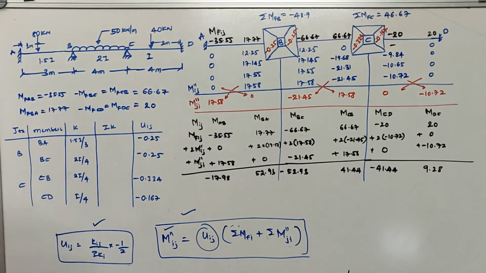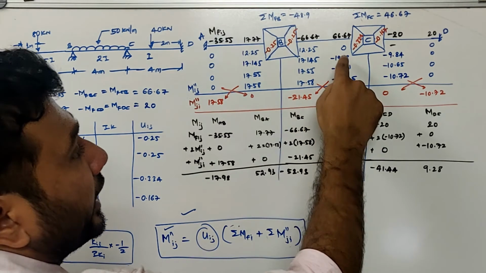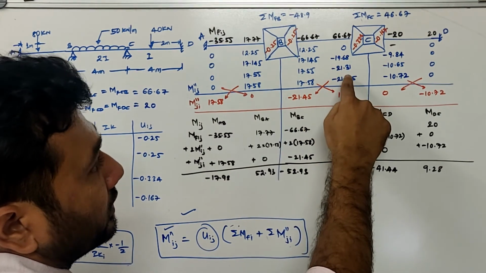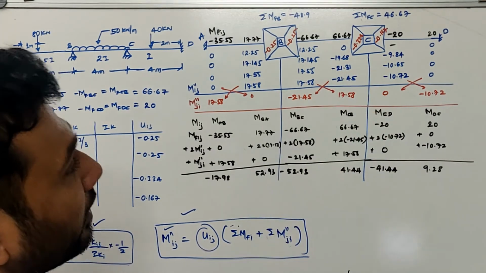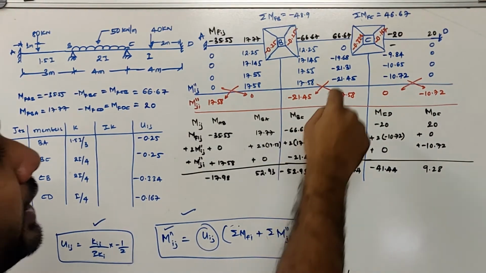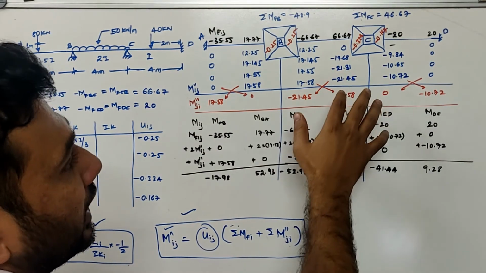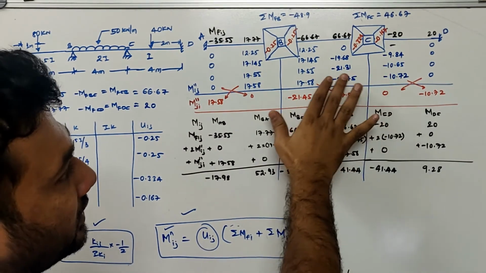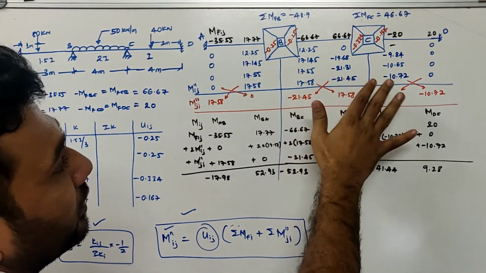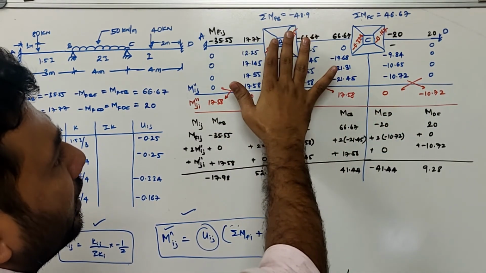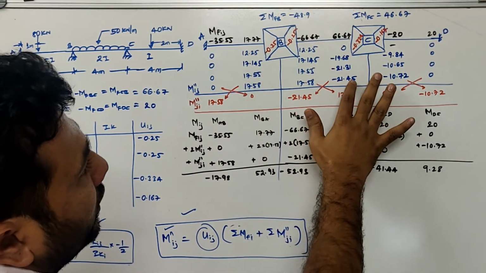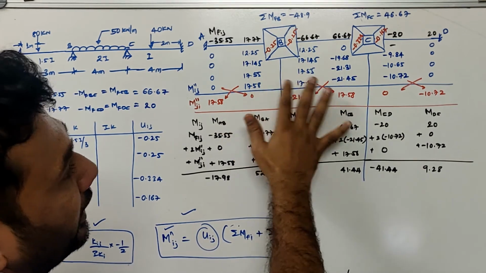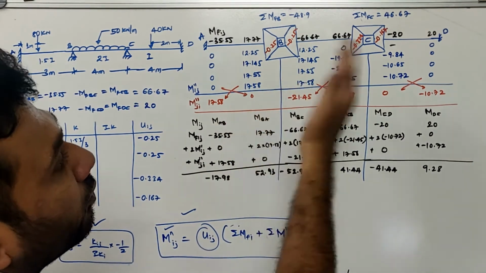Now like this, when I'm solving, you can see that the variation in the values from the preceding value is very minimal. In the decimal it is changing. Now I can say that my rotation moments are fairly precise. In the next step, I'll only try to balance this one. I'll multiply minus 48.9 minus 21.45 by the respective factor, I'll write over here, and I won't go for a further step.